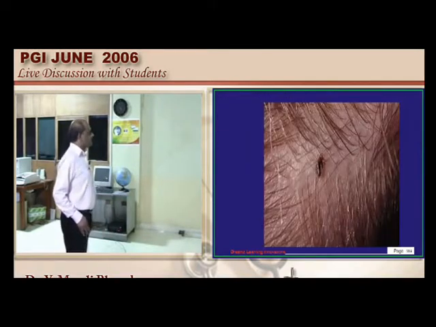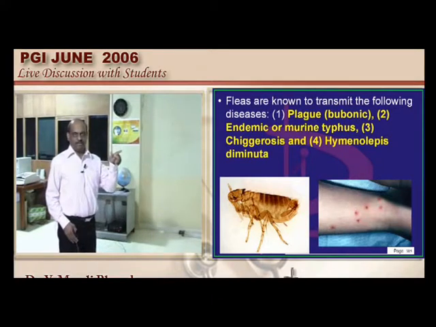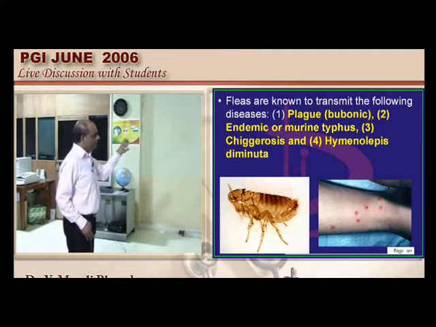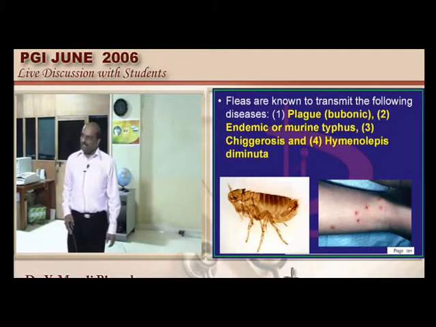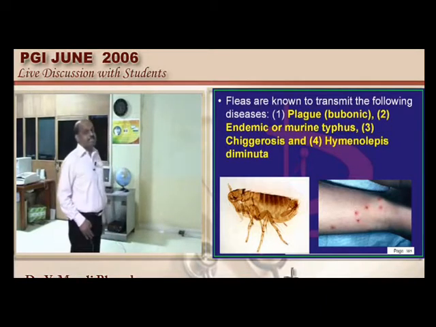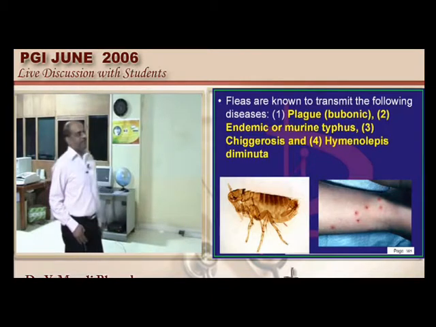Then you have the fleas. Fleas basically cause four conditions. Plague is by flea. Flea-bitten state: the kidney also has a flea-bitten appearance, where in benign or malignant hypertension there are changes in the kidney. Benign, malignant, very good. All those hemorrhagic spots give that flea-bitten appearance. Okay, easy to remember, flea at least. Then endemic and murine typhus are by them, chiggerosis and Hymenolepis. These are the things which are flea-driven basically.